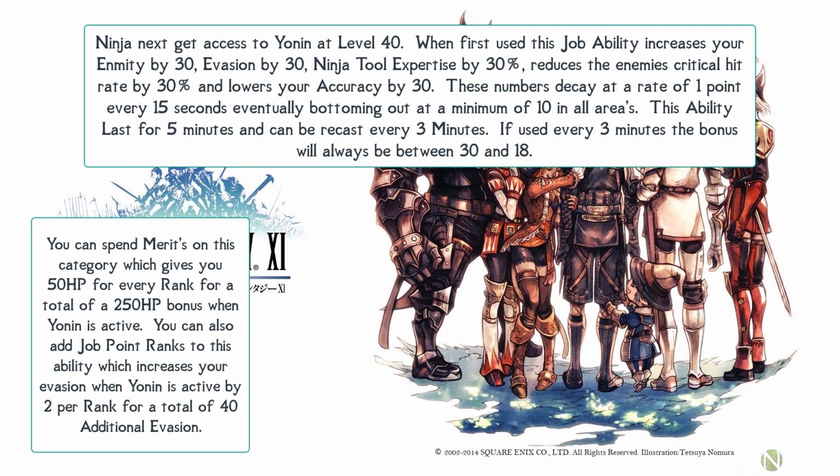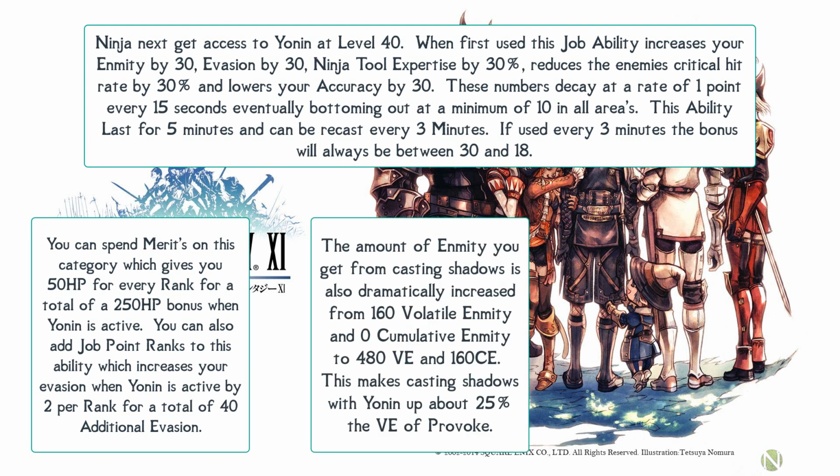You can spend merits on this category, which gives you 50 hit points for every rank, for a total of 250 hit point bonus when Yonin is active. You can also add job point ranks to this ability, which increases your evasion when Yonin is active by 2 per rank, for a total of 40 additional evasion. The amount of enmity you will get from casting shadows is also dramatically increased under Yonin, from 106 volatile enmity and 0 cumulative enmity to 480 volatile enmity and 160 cumulative enmity. This means that simply casting shadows with Yonin up is about 25% of the volatile enmity that you get off